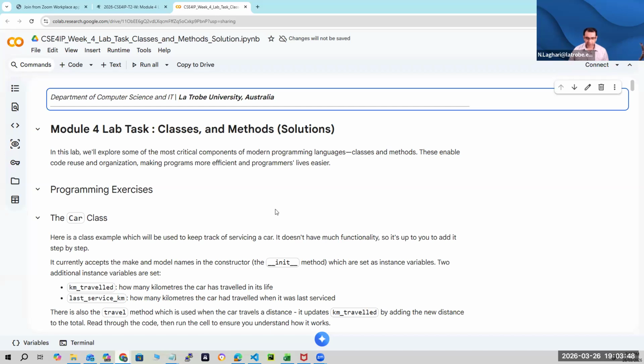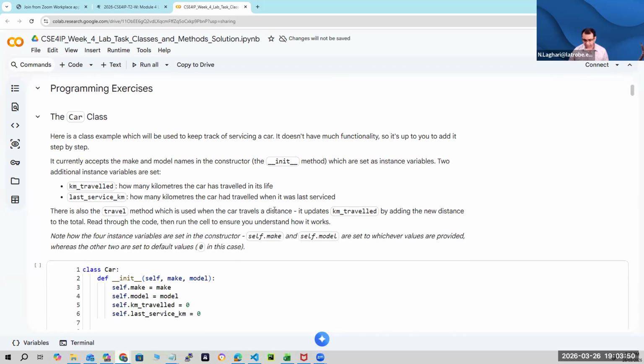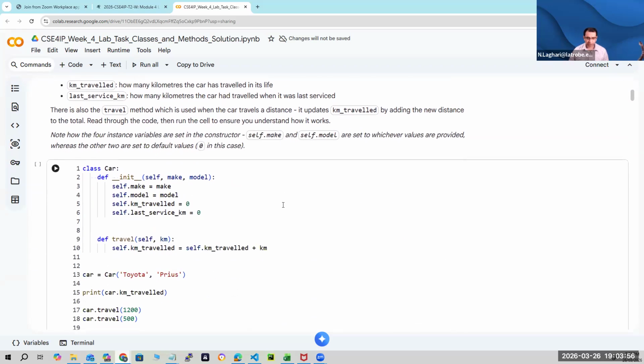We want to see how the objects are working and what were the requirements and how do we want to program them. And mainly we want to see what is the significance of object-oriented programming in our programs or when we write our codes. Okay, so the first task is about